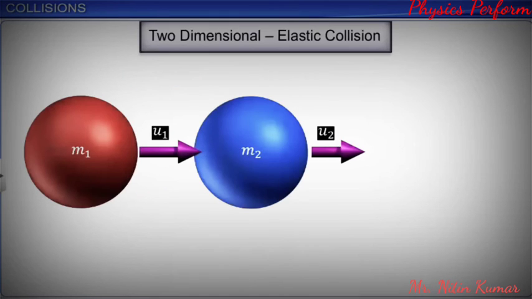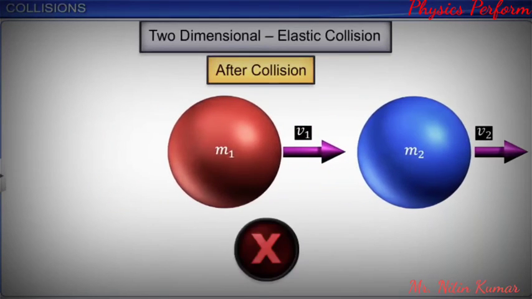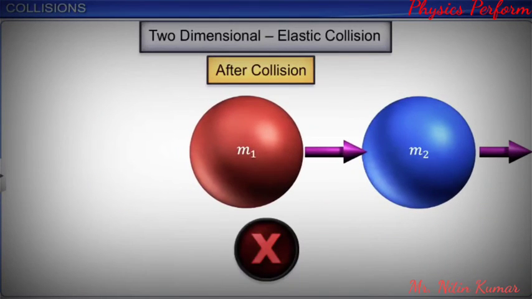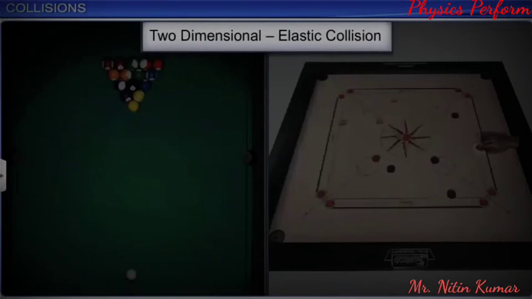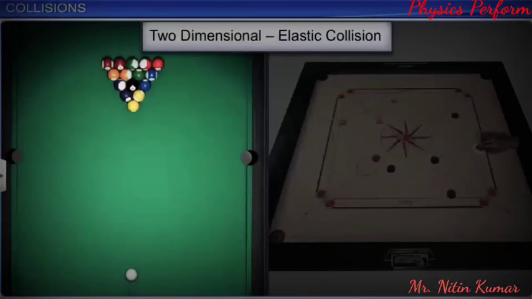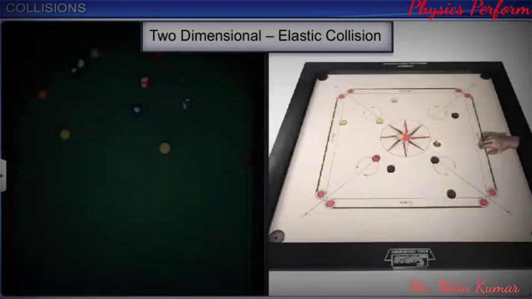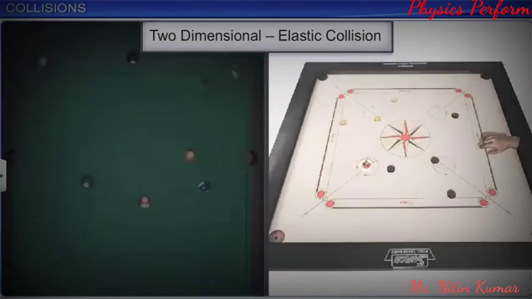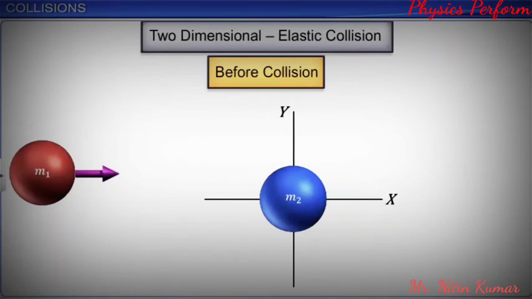In a real-life situation, we do not encounter collisions where bodies before and after colliding move along the same straight path. They collide in two dimensions, as usually observed in a game of billiards or carom. Consider an elastic collision in two dimensions, where a body of mass m1 with velocity u1 along the x-axis collides